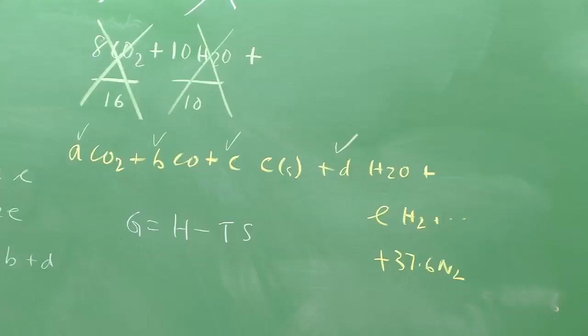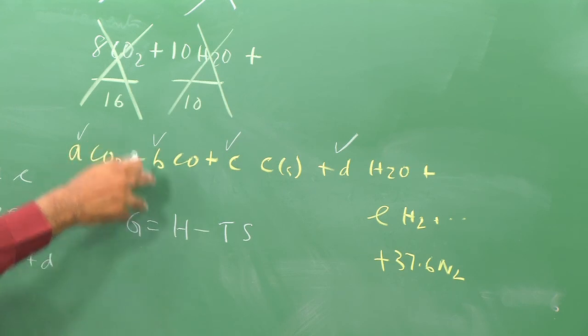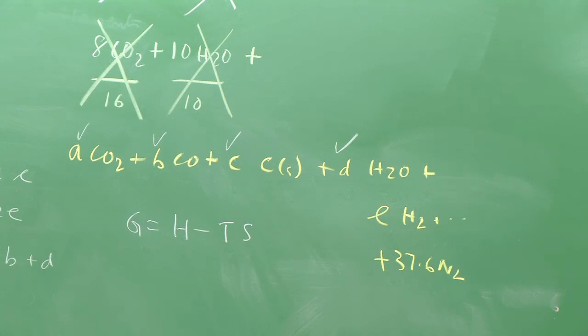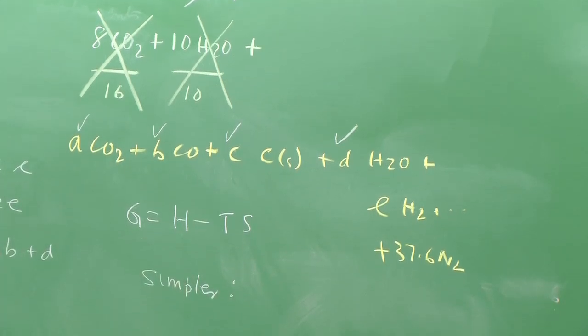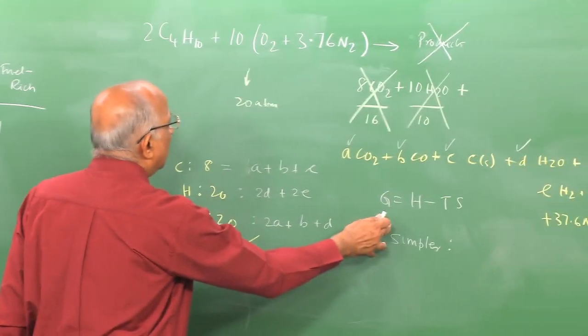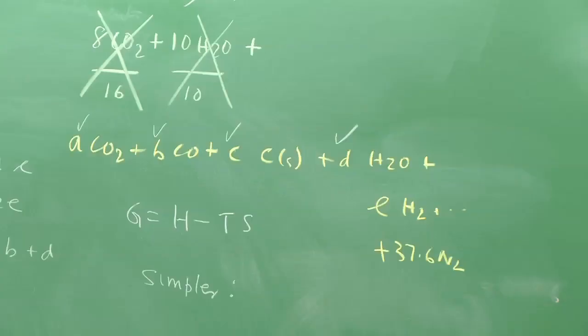Maybe we will do it towards the end of the course, if and when we get some more time, using chemical equilibrium analysis. But I find there is a simpler way of doing it, and that simpler way is somewhat approximate. It is not really rigorous, it is very approximate, but based on my experience I find that this approximate method gives values of energy release which are quite reasonable and fairly accurate.